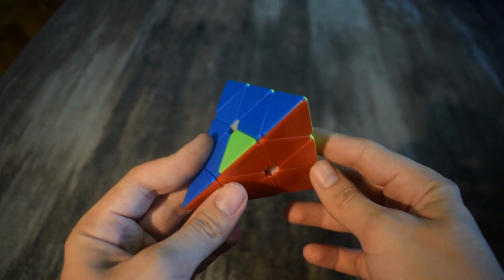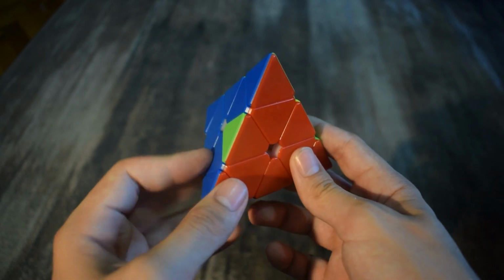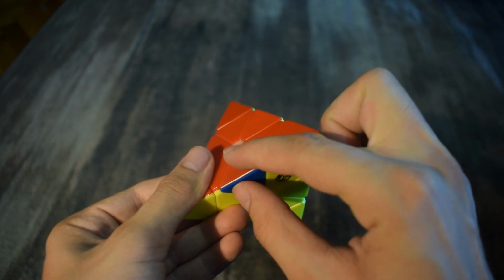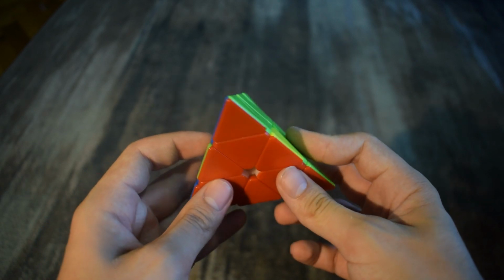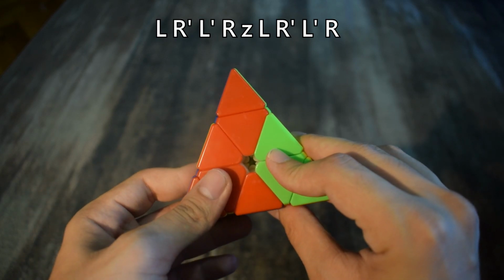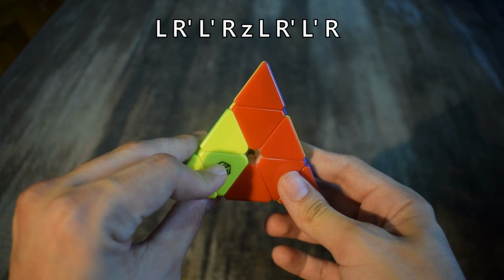This is the next case where we don't have any more bars on the red face because it is already solved, but the edges are not in their correct positions. This one needs to be here, this one needs to be here, and this one needs to be here. We need to move them clockwise. We hold the puzzle like this, and the algorithm is L, R prime, L prime, R, Z, L, R prime,